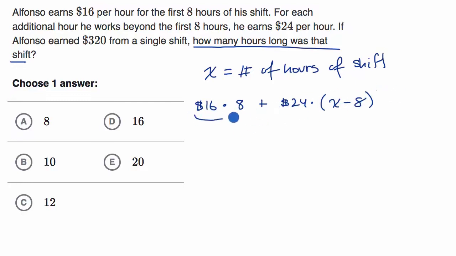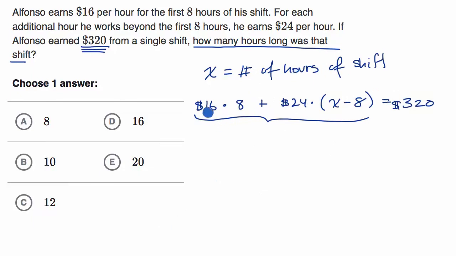And so this expression right over here is going to be the total amount that he's going to make for the shift, and they tell us that that is $320. That is going to be equal to $320. And so now we have this algebraic expression, and we can solve for X, the number of hours of his